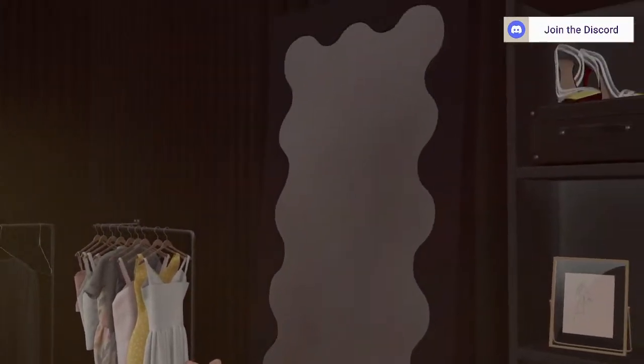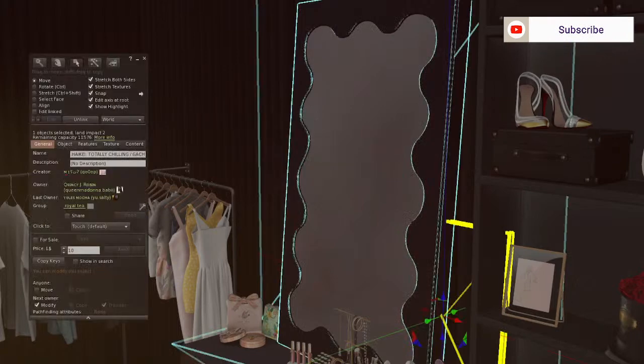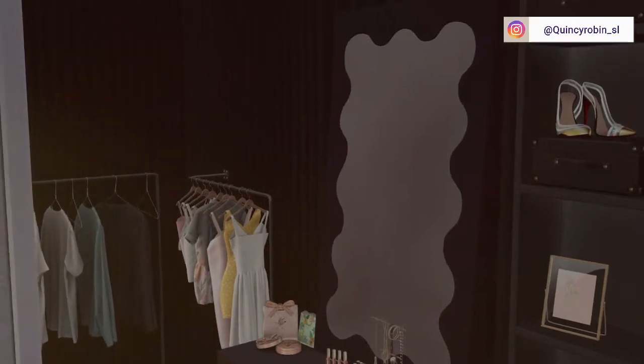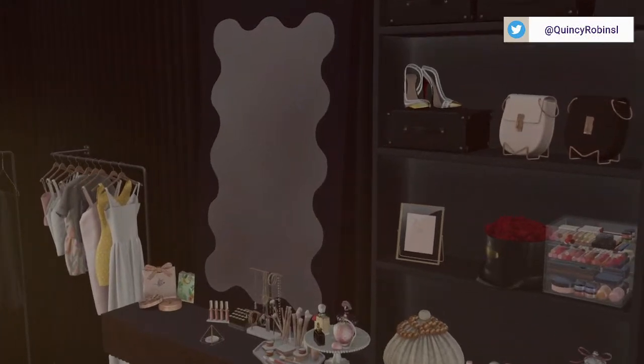This mirror also is a gotcha piece, and it was not modifiable. I think it was green or pink. I can't remember the original color. Let me just check. It was purple, I believe, or pink. It was not one of the colors that I wanted to use in my space, but I wanted the mirror, the shape, it's pretty. So I wanted it, and what I did, I had to hue the entire mirror black,